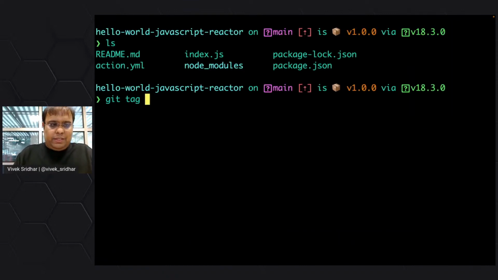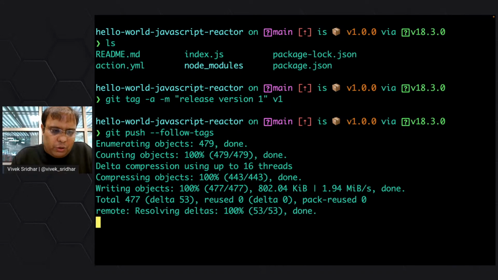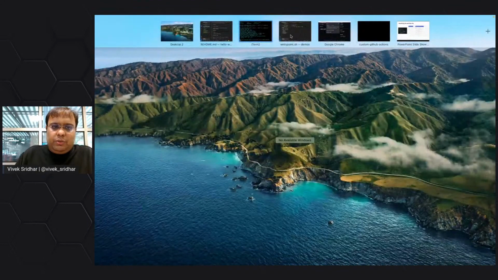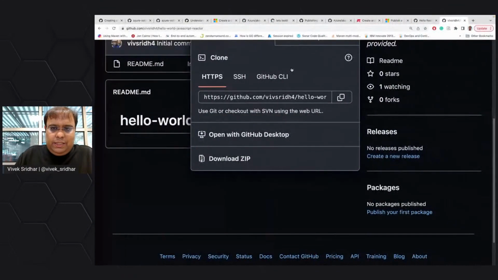We need to tag this with the tag release version 1, version 1. And what's next? Git push, follow, tags. Right. So you push the code same way what we did last time. So what we have now is basically,